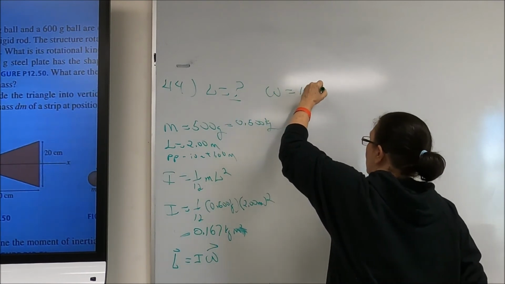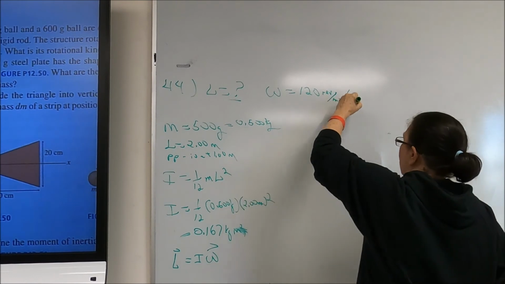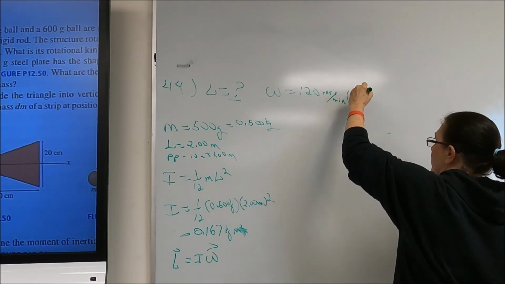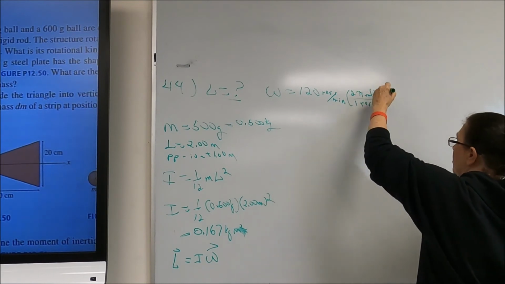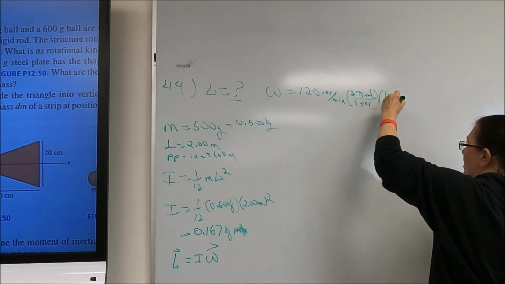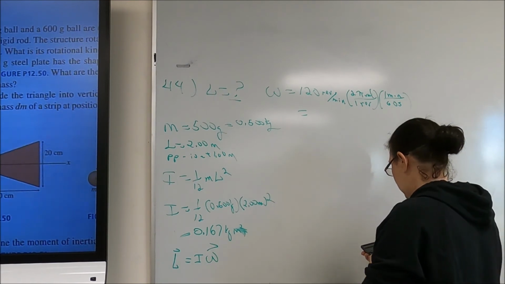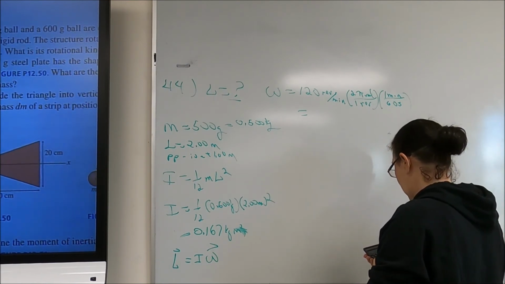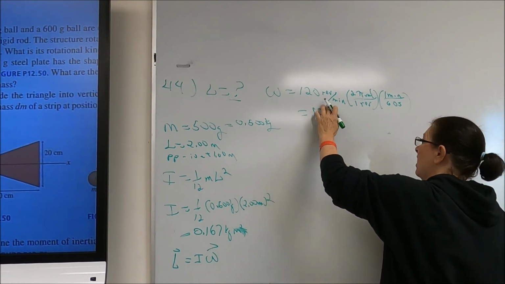It's not in SI units. 2 pi radians for every 1 revolution, 1 minute for every 60 seconds. 120 times 2 times pi divided by 60 gives me 12.6